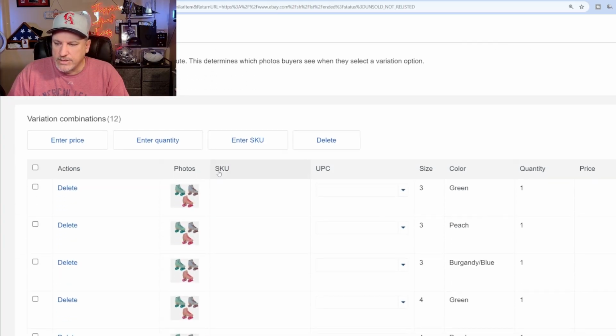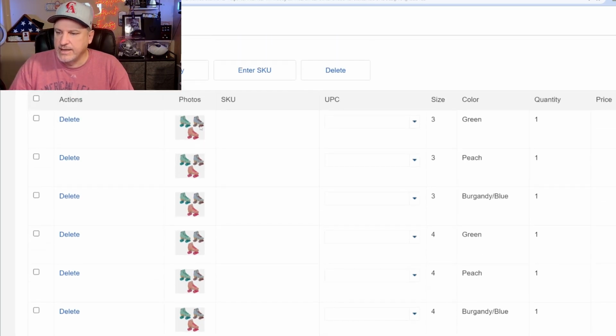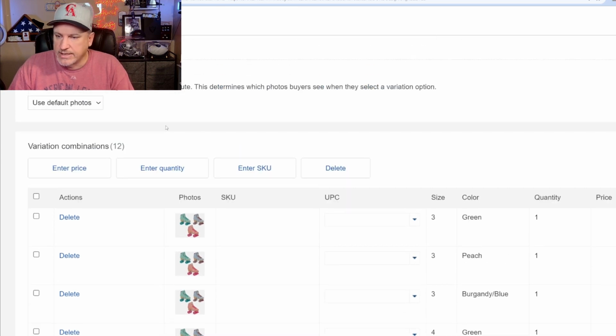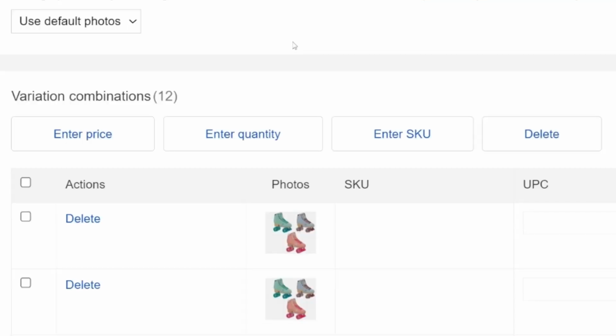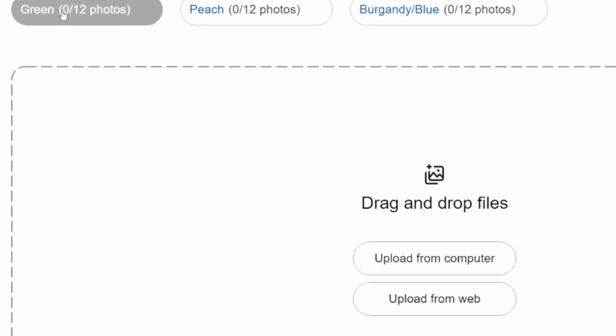Now, you see what happens in all the different sizes here. We have size 3 green. It's showing the common photo, but I don't want them to see that. I want them to see what the actual green looks like. So it doesn't matter if it's a size 3 green or a size 11 green. It's going to be pretty much the same looking skate. So I want to go by color, and I want to upload a photo for all my green